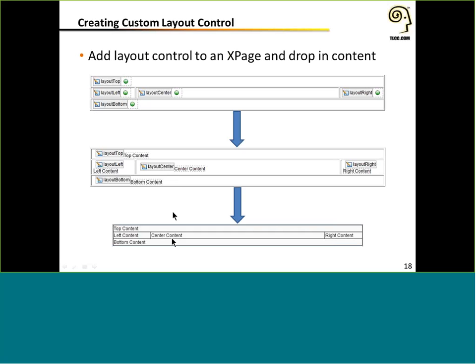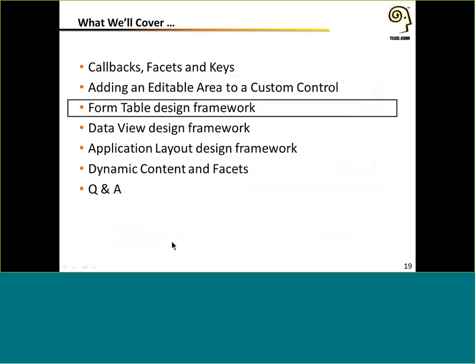And then down at the bottom here, we see what it looks like if I preview that in the browser. So essentially, we've just set up that structure, we put the facets in there and dropped content into each one, and then when the browser renders the page, the server knew where to stick that content because of the location of the facets and that relationship of the content into the facet. So you can use that concept again if you need to set up a consistent structure for your application.